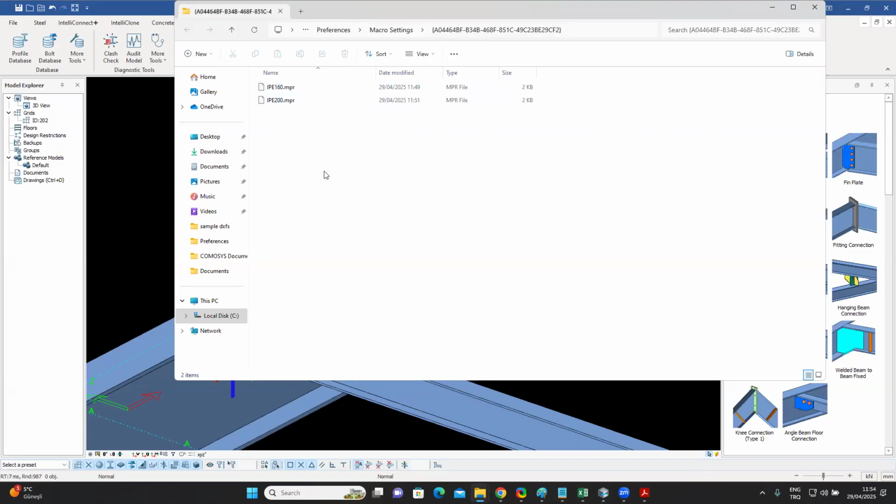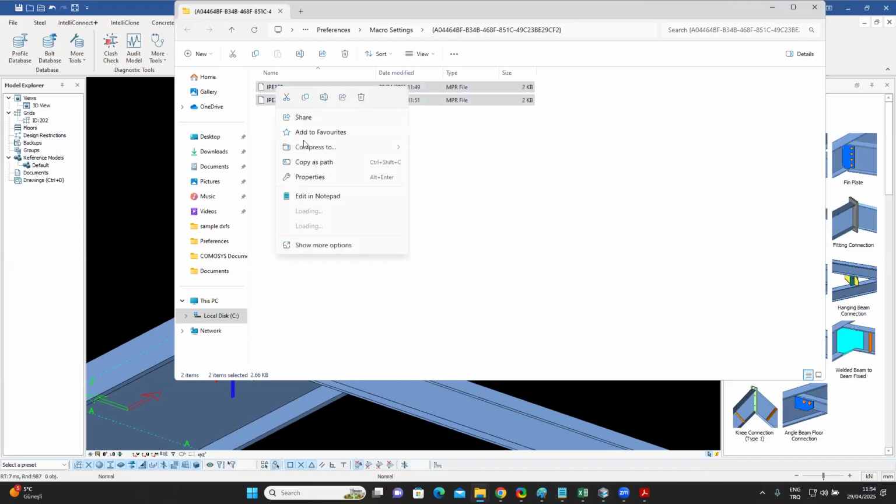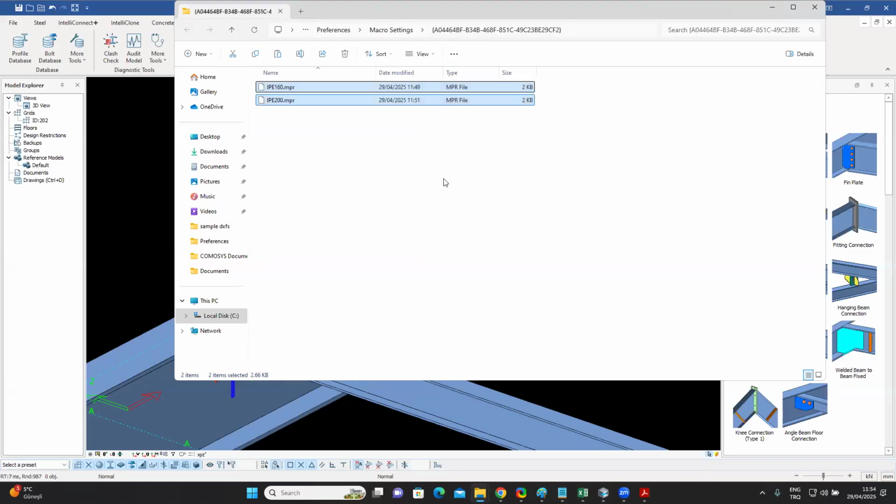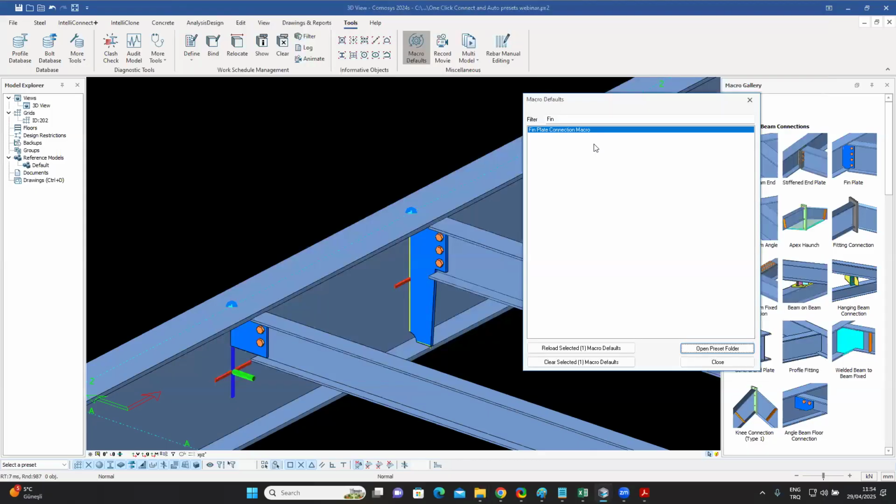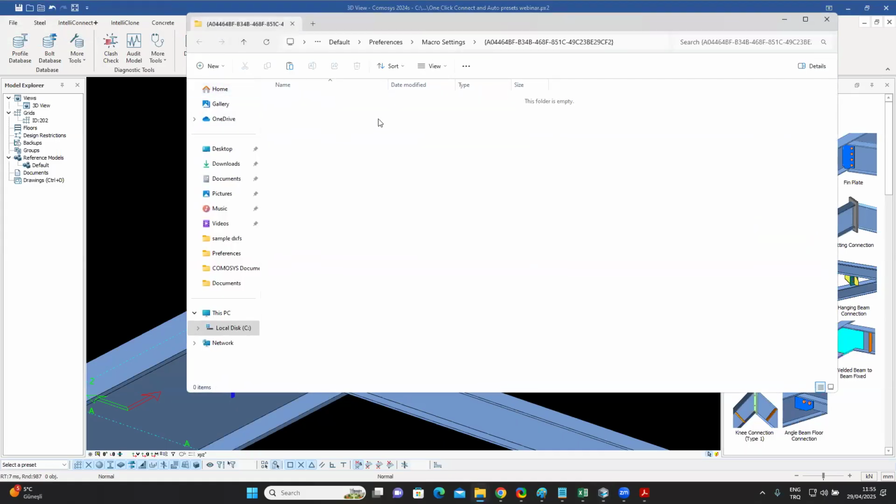All you need to do is just select these 2 files over here, right click, say copy, and then you go back to this one and you say open preset folder. And instead of choosing the local folder, you go to your company folder, and this one opens the same fin plate directory, but it's empty. So all you need to do is now right click and say paste. And if you do that, your company standards will now be changed. And then from now on, every model which you